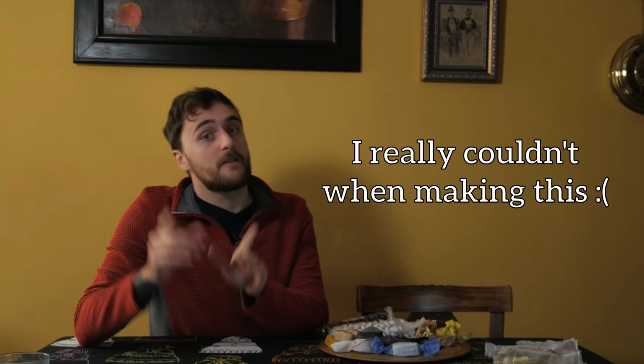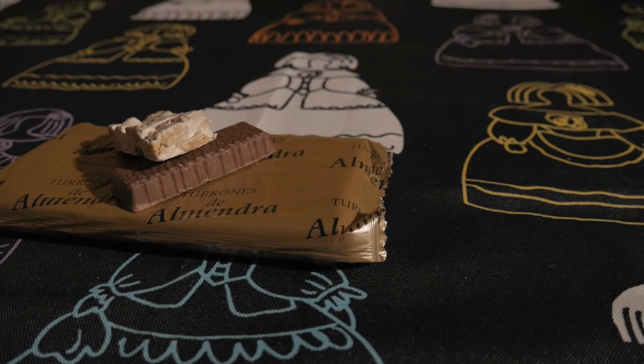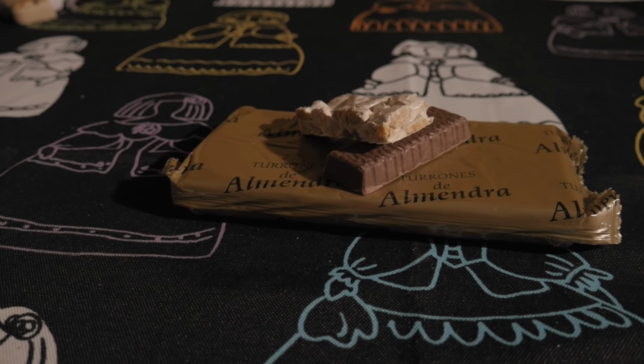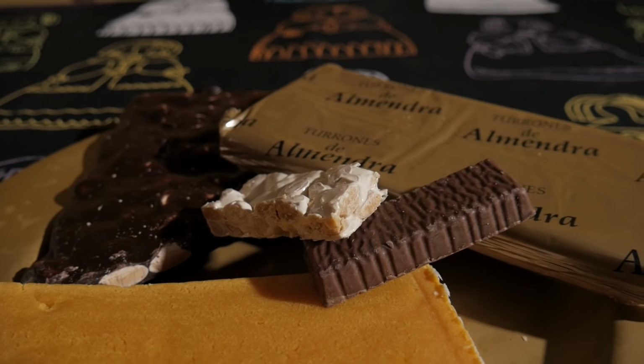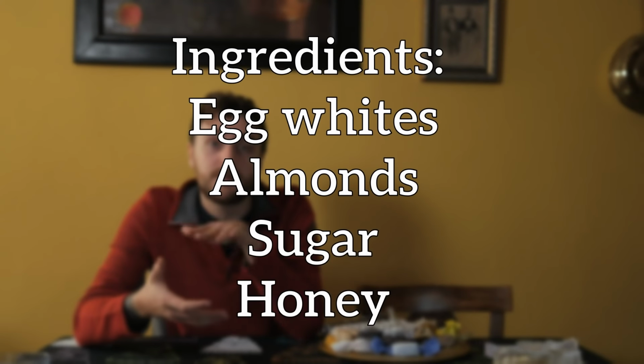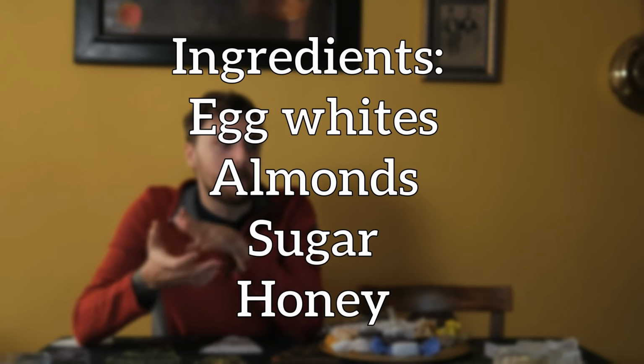Well, my dear niños, no. The turrón has tens of varieties from all across the country and Europe. I'm just cheap and could only afford these three here. With roots back to the 15th century, the turrón's main ingredients are egg whites, almonds, sugar, and honey, making this